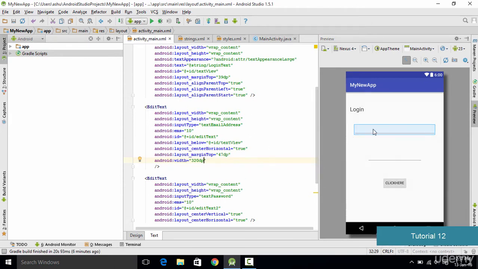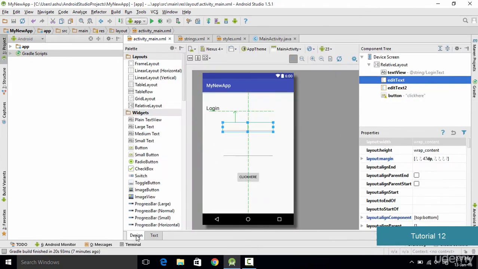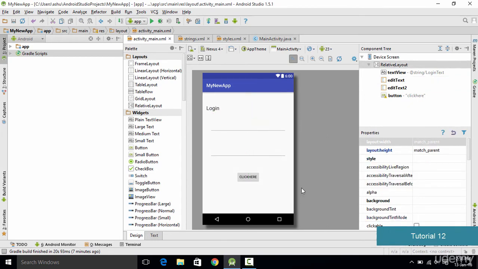As you could see, the size of the text area has been increased. Now if you copy the same code and paste it in your password field or your password tag, it is also going to change the size of your password field. As you could see, we have increased the size of both the email area as well as the password area. Now once we are done with this, we switch to the design view, and the next thing we are going to discuss in this tutorial is the resources.